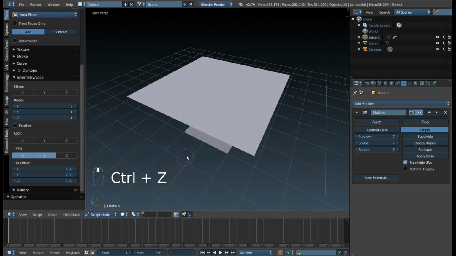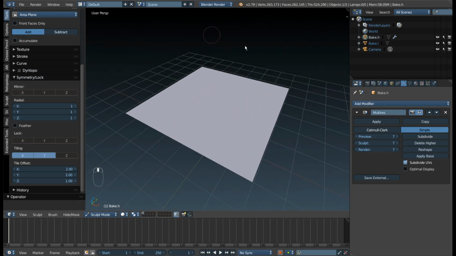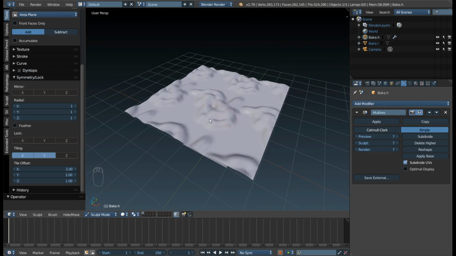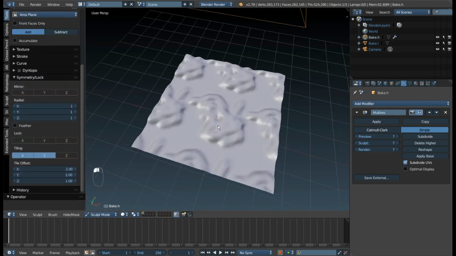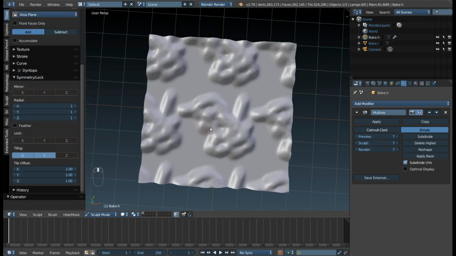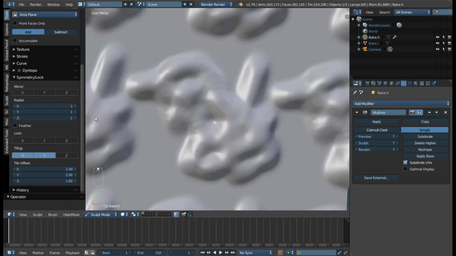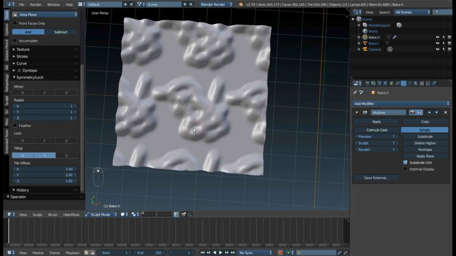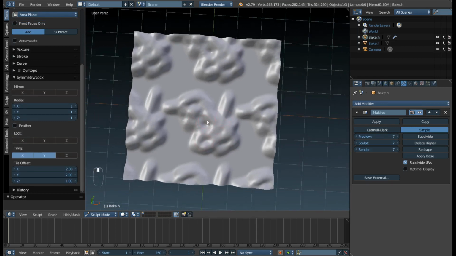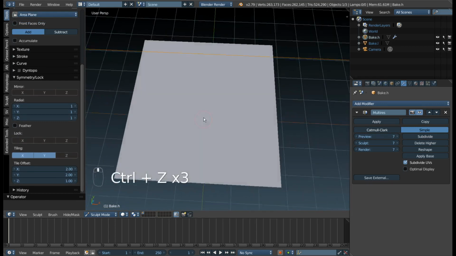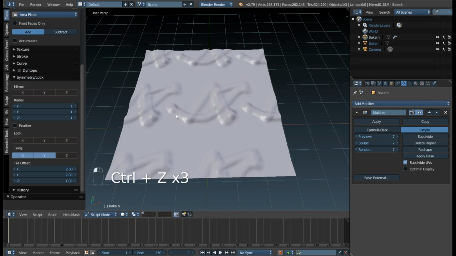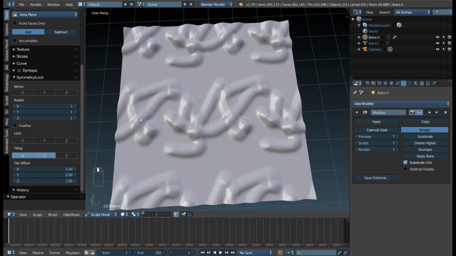And that's it, really. Now is the artistic part. You can do whatever you want with this high poly sculpt. You can use any brushes, any strokes or any curves, anything you usually use in sculpting. And the good thing is that by setting this plane like so, we don't have to bother about